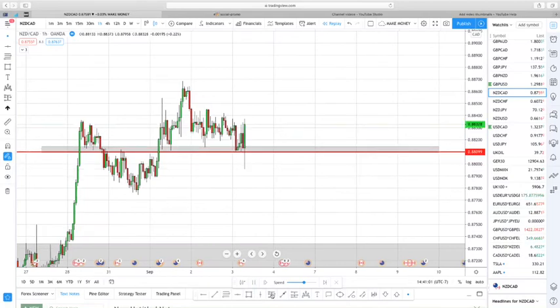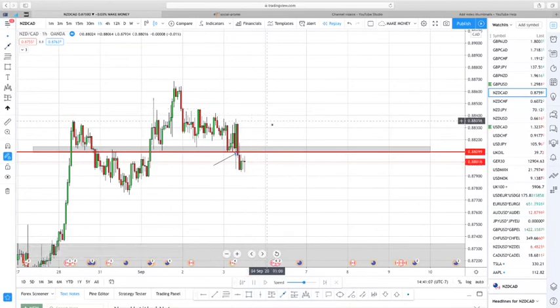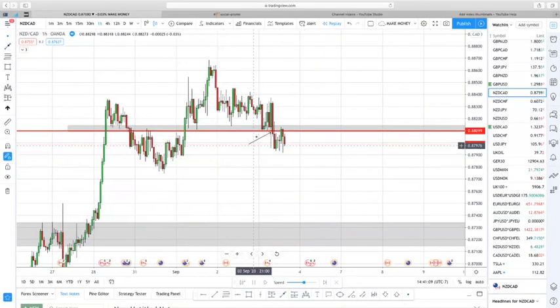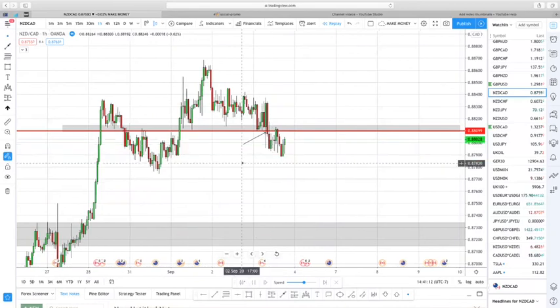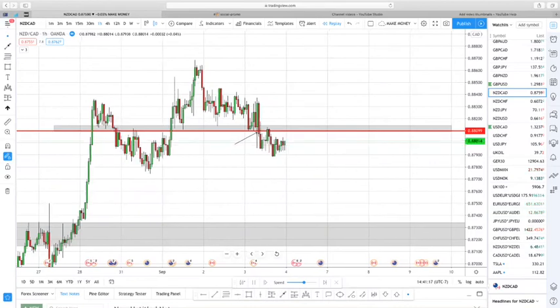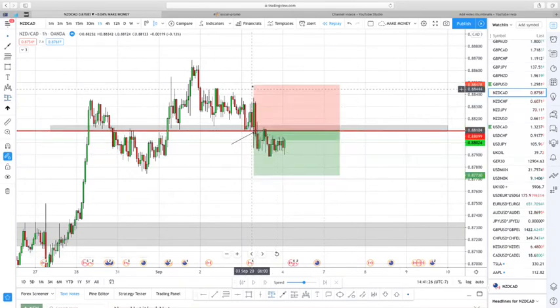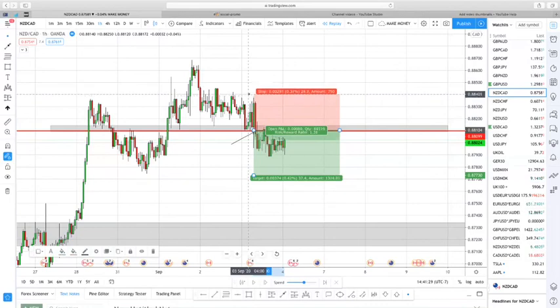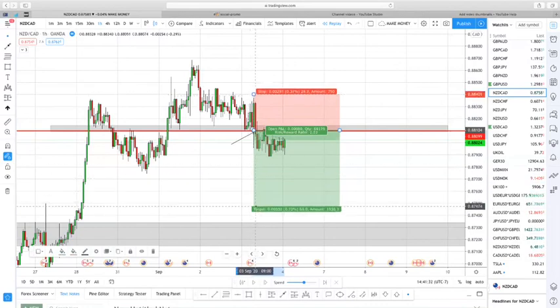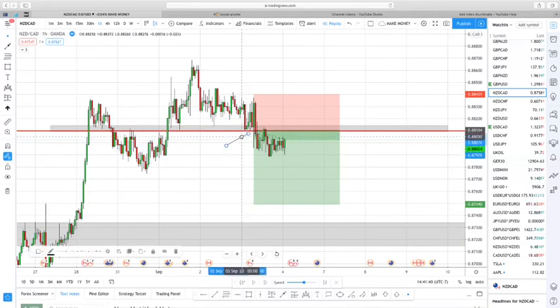So as price is coming down, you're entered into the trade right here as price is playing out. And as we're falling, you're getting more in profit. So let's go ahead and pause this. Your sell stop was entered right here. Your stop was placed above these highs, and your target wherever. As long as you know that price is going to keep falling, if you entered into the trade here,